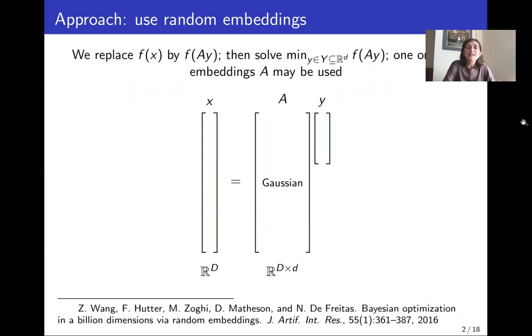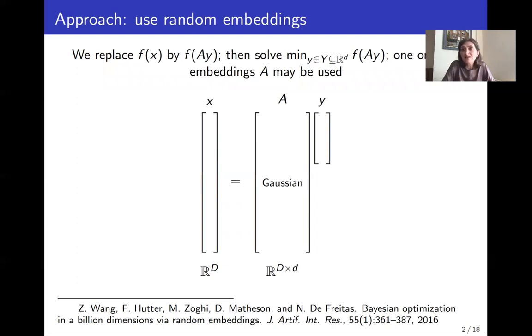So we would like to replace minimizing f(x) with minimizing f(Ay), where A is a Gaussian matrix that projects the vector x from the high dimensional space R^D to a smaller dimensional space R^d. And we would then like to solve this reduced problem, and we are willing to allow more than one random embedding if needed. We were inspired in this work by the paper of Wang and De Freitas that looks at